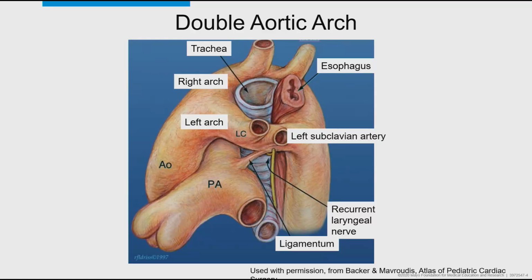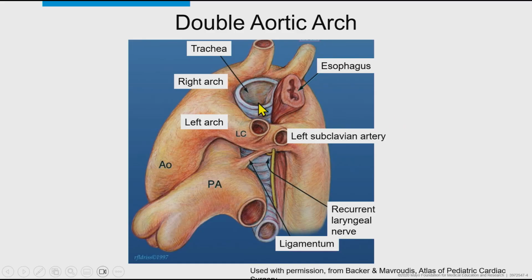The two more common vascular rings are the double aortic arch and the right aortic arch with the aberrant left subclavian artery. So we'll start with this first one, which is the more typical one, where you can see the blood vessels essentially all around the trachea and esophagus. That's the double aortic arch, because we have the normal left-sided arch and the right-sided arch, both of them joining together at the descending aorta and creating a true vascular ring around the trachea and esophagus.